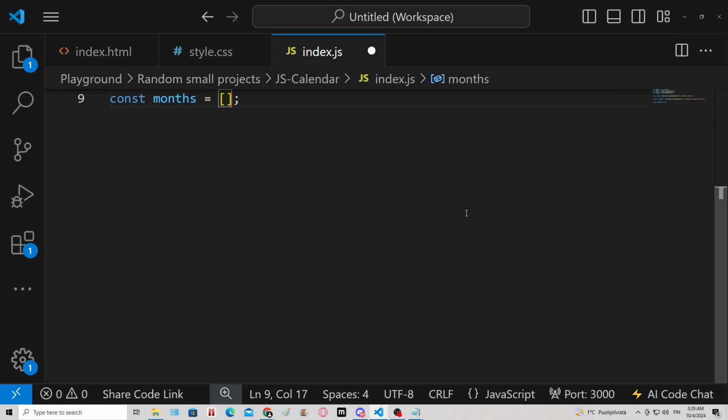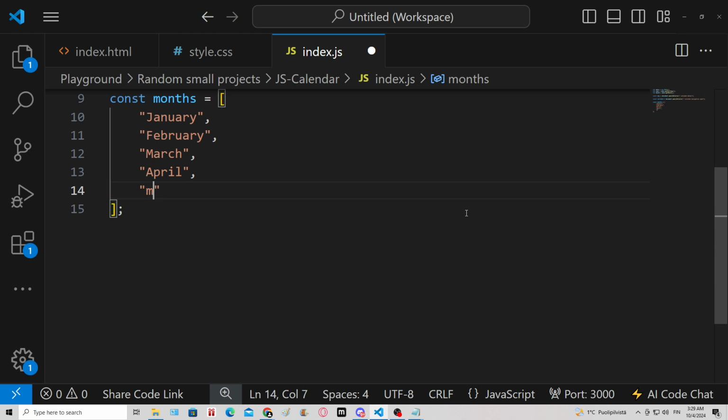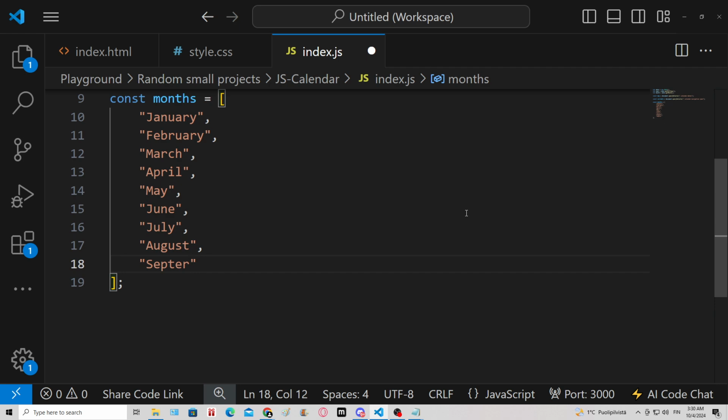So I'm gonna scroll down. The first value is gonna be January, a comma, February, March, April, May, then June, July, August, September, October, November,